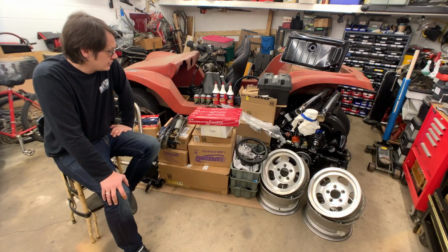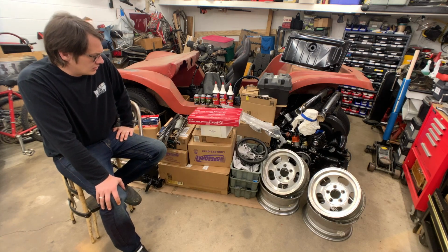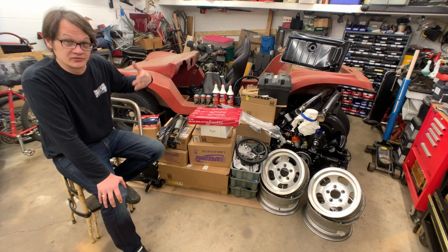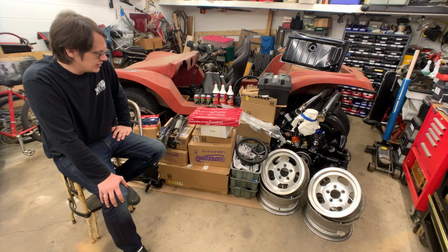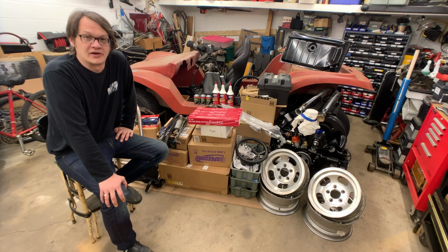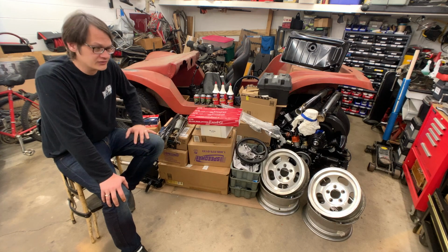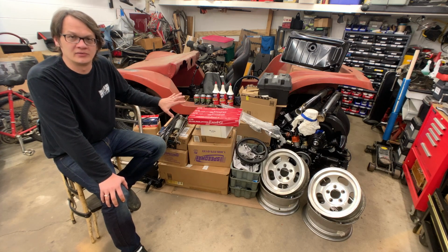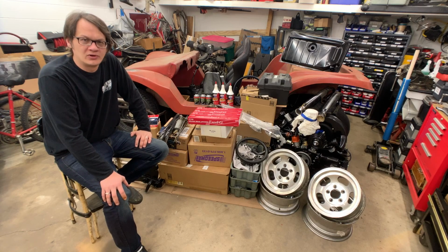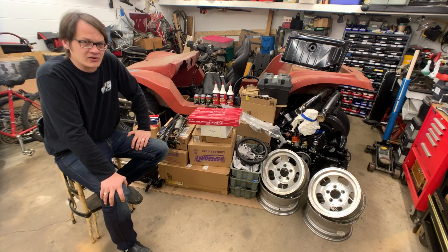So here's our pile of stuff. This is everything I've collected over the last 10 years or so. We're not going to take you through absolutely everything in this pile because you're going to see it eventually once we start putting things back together. But because it's been so long since I've actually gone through this stuff, one of the first things I'm going to do is just get myself organized. I'm going to go through the boxes, reacquaint myself with what we actually have, kind of organize a little bit by subsection and in specific areas. Once we've got that organization done,